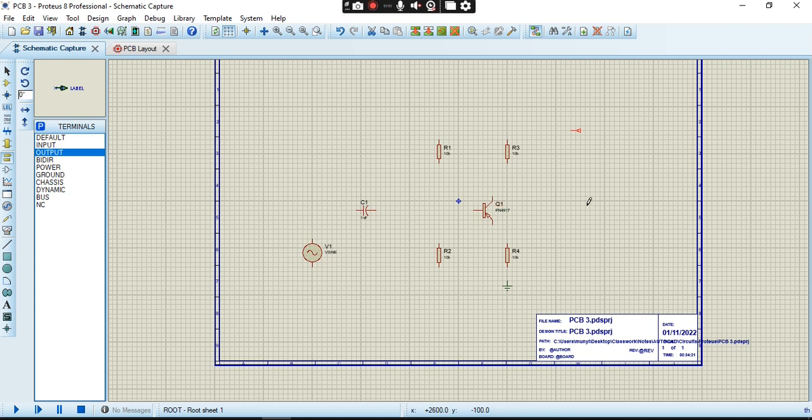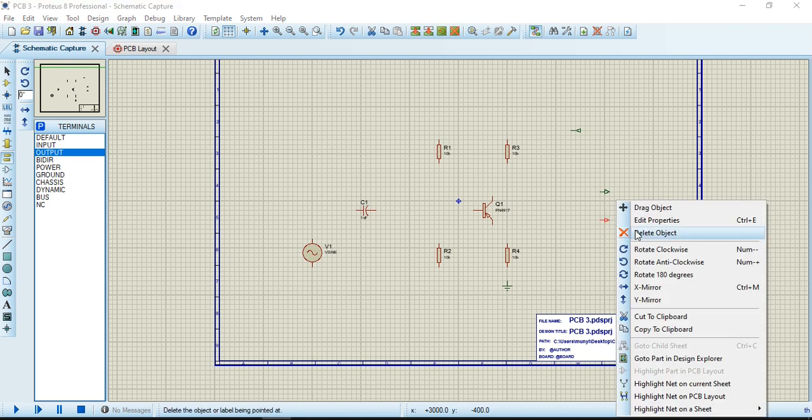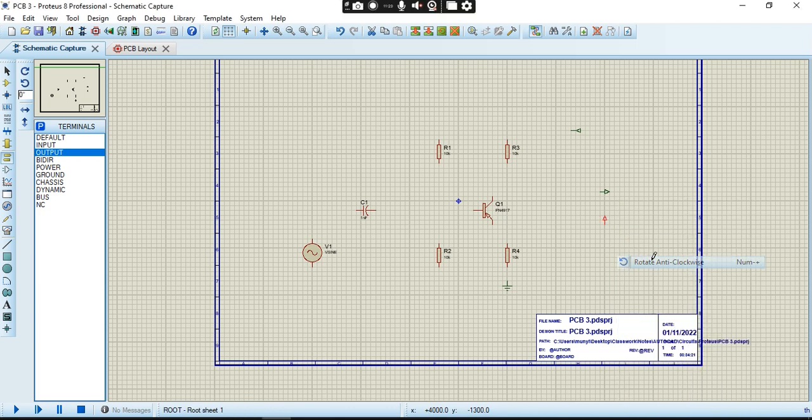Oh, we forgot to place another capacitor. Yeah, then we're going to place a capacitor. It's good that we remembered. Now place your output there, and we're also going to have another output right below it, and this one is going to be rotated to face upwards. Okay, so now we forgot to place a second capacitor, so we go back to our menu